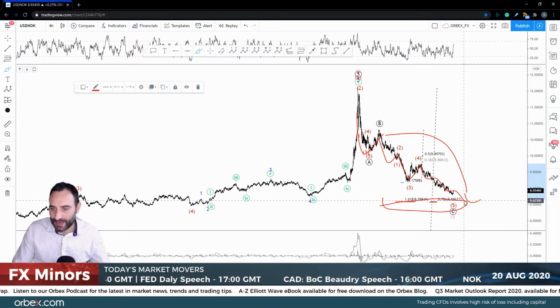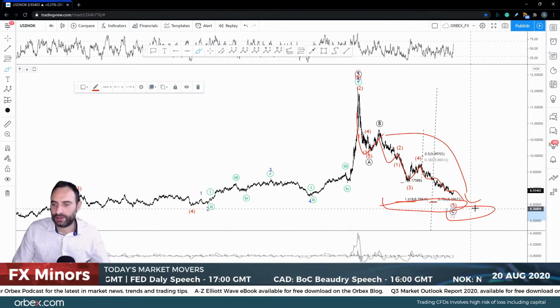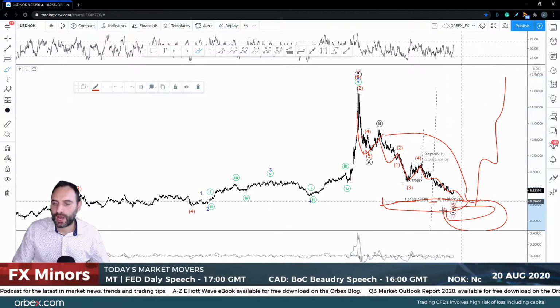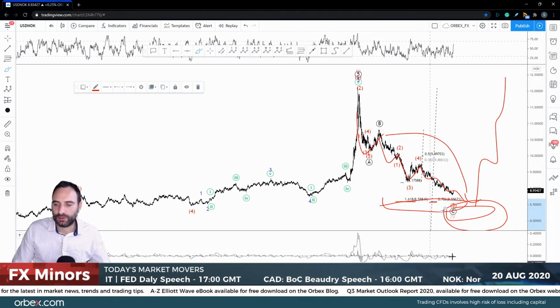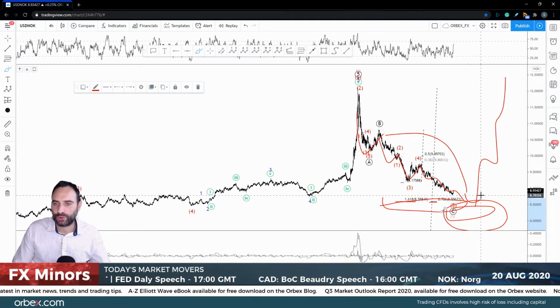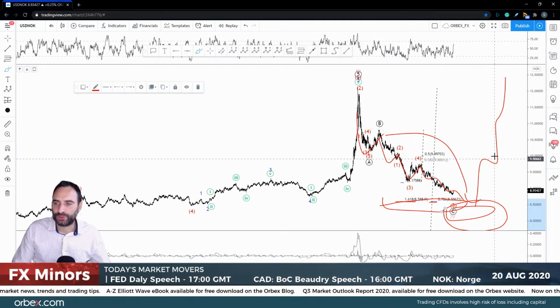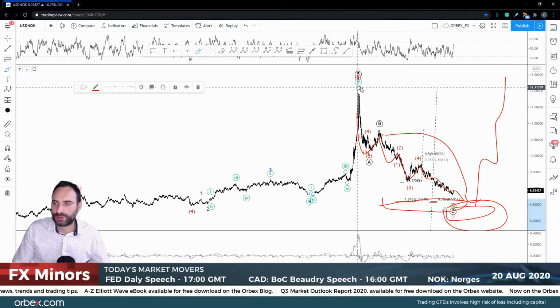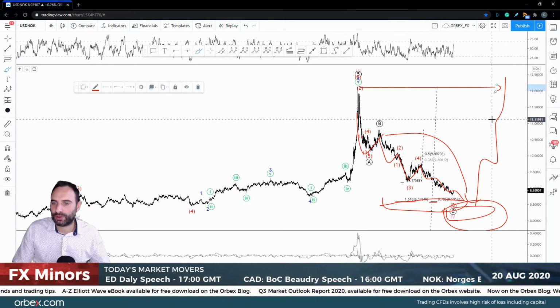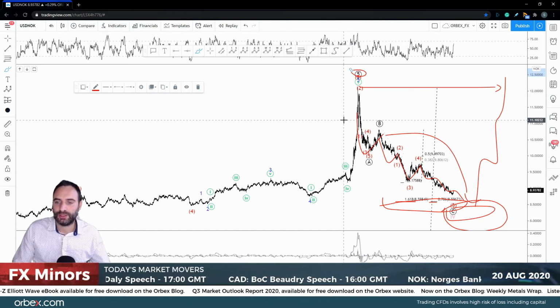So I'm expecting another wave down to 8.59, and from there I'll start looking for validation signs on the indicators as well as price action, of course, to go into long positions. And this long position perhaps is going to take us to above the 12